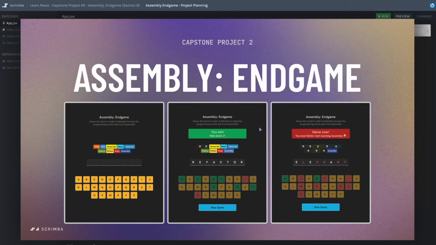We need to know if the game is over. We need to know if the user has won or lost. We need to keep track of how many wrong guesses the user has had, as well as what the randomly selected word by the game is, and which letters the user has already guessed. Knowing which letters the user has already guessed and the correct word will help us determine which keys on the keyboard should be green versus red versus yellow. The display of the new game button at the bottom will probably be determined by that value that we determined earlier, whether the game was over or not. And there might be a few other little hidden ones here and there as we go throughout the app.